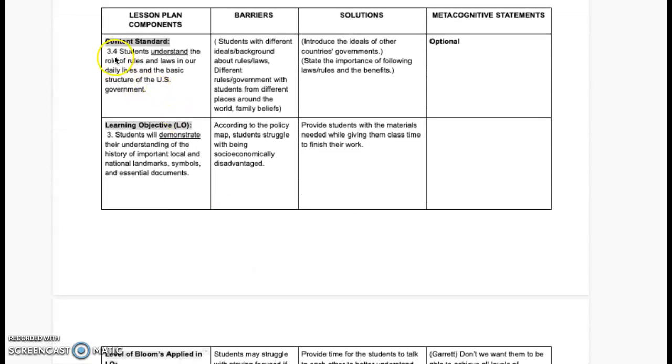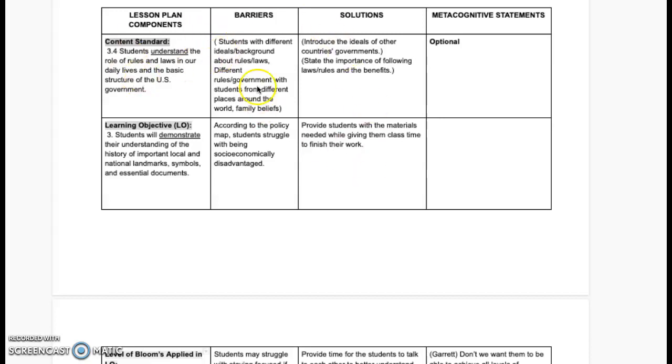And here I have our content standard. So it's 3.4. Students understand the role of rules and laws in our daily lives and the basic structure of the U.S. government. As we say, underlined, understand, this is the verb, the level of cognition in this standard. And then over here, the ending is the product, the noun, what the kids are going to learn and take